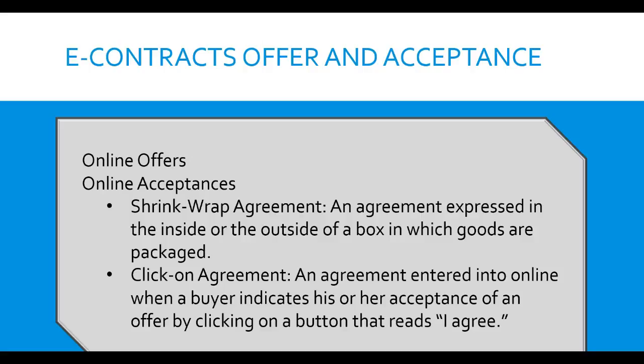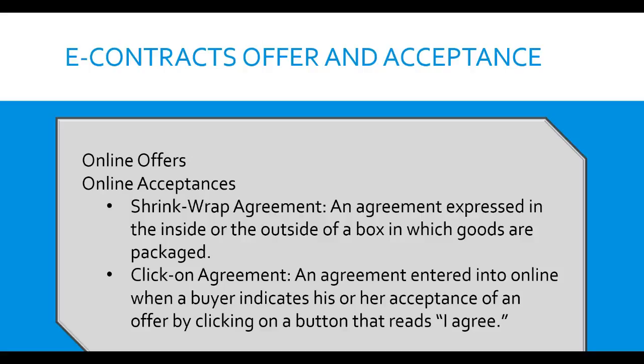E-contracts: offer and acceptance. A contract entered into online has the same basic requirements as a paper contract. Disputes arising from contracts entered into online concern the terms and assent to those terms. Terms should be conspicuous and clearly spelled out. On a website, this can be done with a link to a separate page that contains the details. Subjects that should be covered include the acceptance of terms, a mechanism by which an offeree can affirmatively indicate consent, such as an I agree box to click on, the payment including taxes, refund and return policies, disclaimers, limitation of